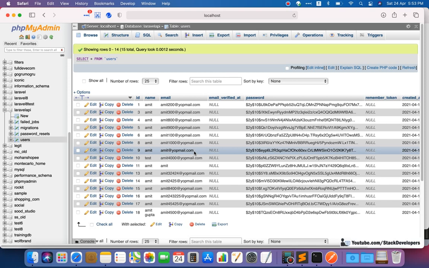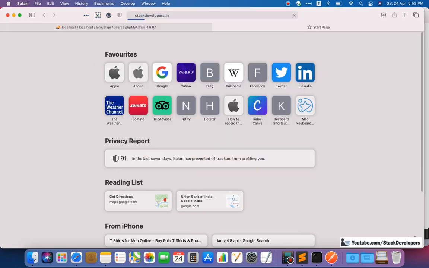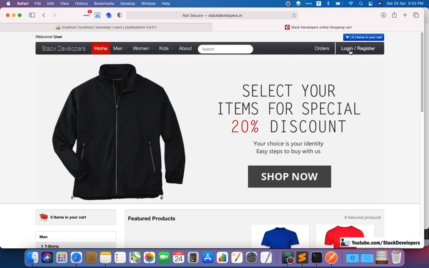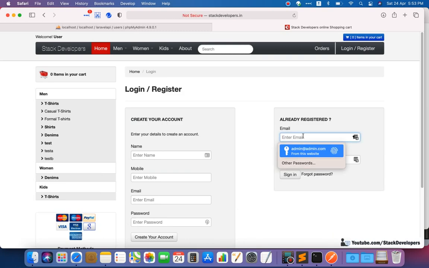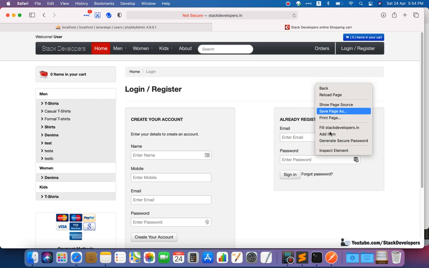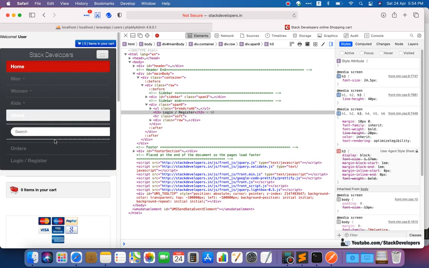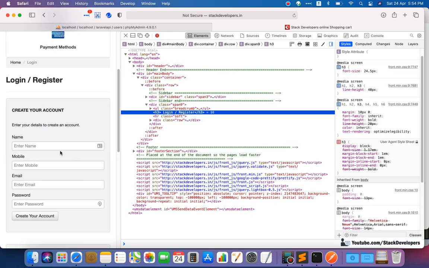We are going to work on a few delete APIs. So let's start. First of all, we are going to delete the single record with delete API. Anytime there is some user on your website, suppose this is the stackdevelopers.in website, and you have made the app, and one user wants to delete his account. In the app, you can assume that this is the app. I will open the mobile app browser like this one.